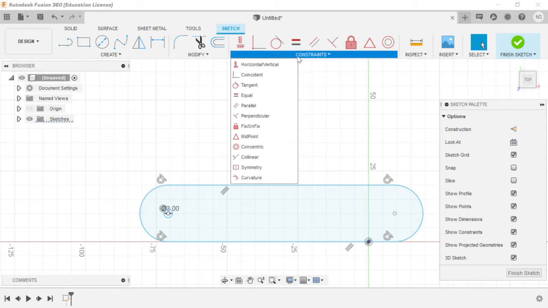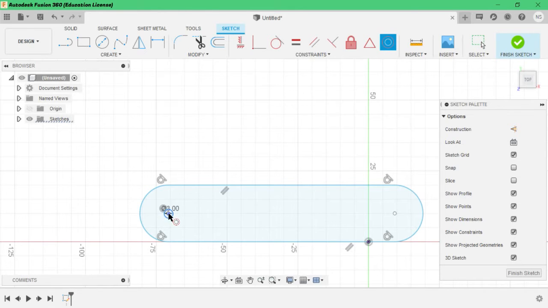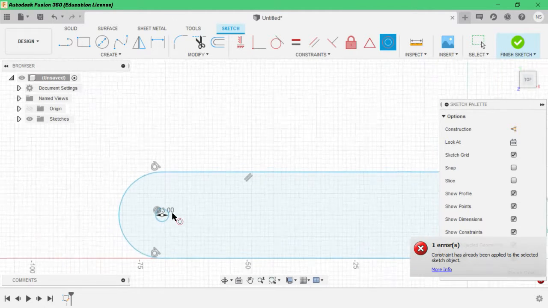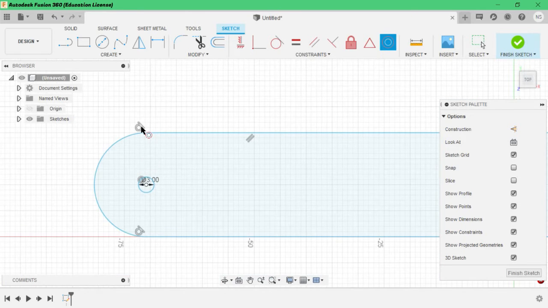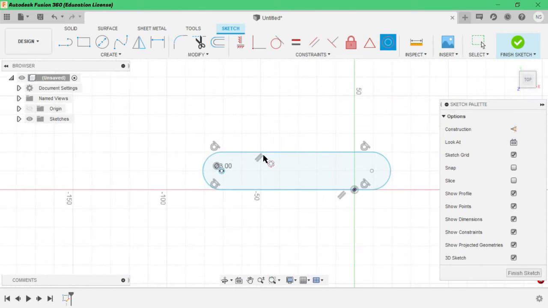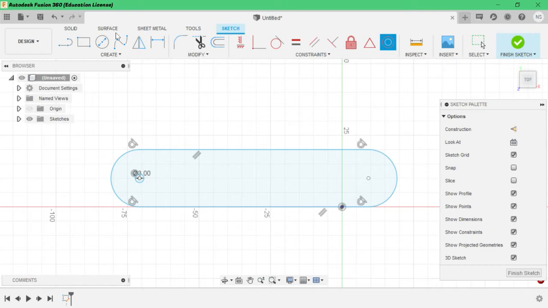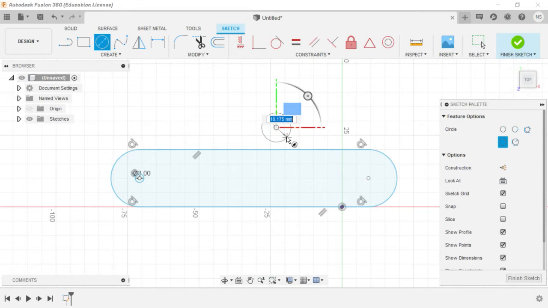and so again we will create a constraint. Midpoint, no, concentric. This has to be concentric with this. The constraint is already applied. Okay, this is the concentric constraint, this is the tangent constraint, this is the parallel constraint. Again see how it will work. Create a circle of 3 mm,